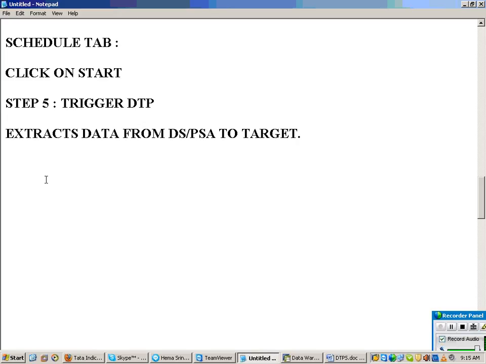Now what you can do: RSA1, modeling tab. Let us say I am going with the target level, info provider level.